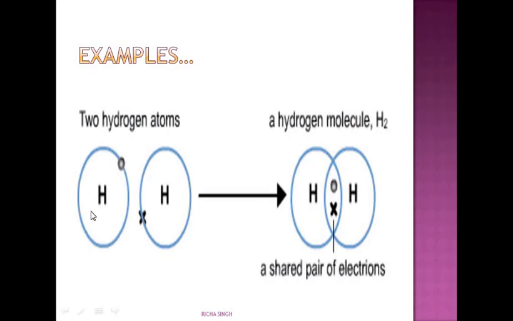What will happen? 2 hydrogen atoms you can see here. 1 electron they both are having. So, if they combine and share the electrons, they are sharing a pair of electrons. 1 pair is being shared, and in this way you can see they both are completing their duplet. 2 electrons they both will have, and they will be forming a covalent bond, but a single covalent bond. 1 pair is shared, then the type of bond is single.